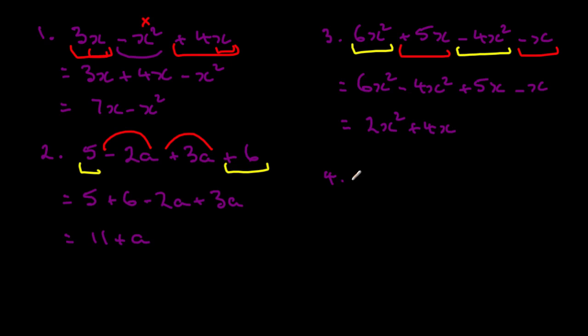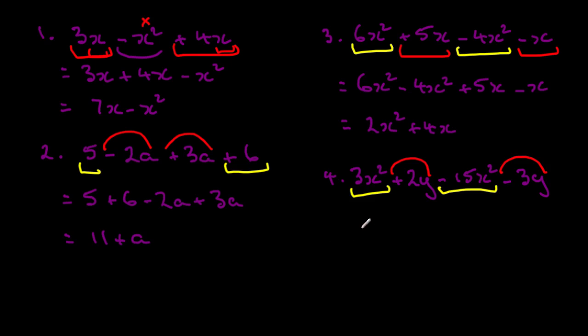And then our final question, number 4, is 3x squared plus 2y. So clearly they're not like terms at all. Minus 15x squared minus 3y. Now I've given this question for a reason, as you'll see in a minute, but the main thing again is to get our like terms. There's minus 3x squared and minus 15x squared, and then on the other side we've got plus 2y minus 3y. So let's simplify this down now, and we get 3x squared minus 15x squared, and we've got plus 2y